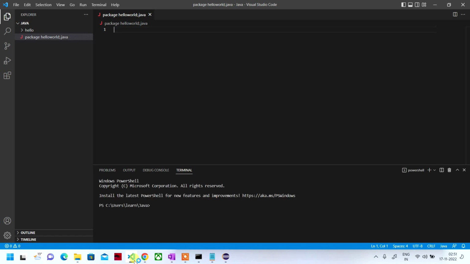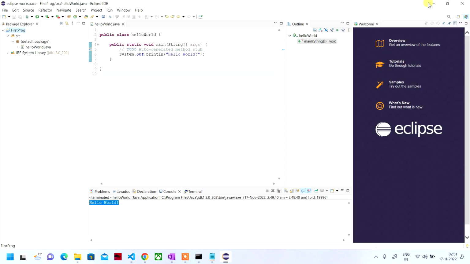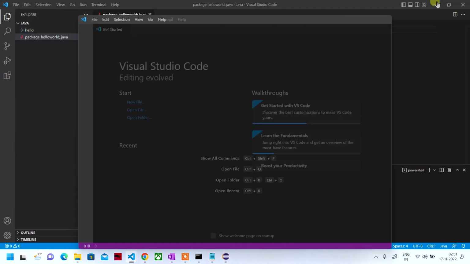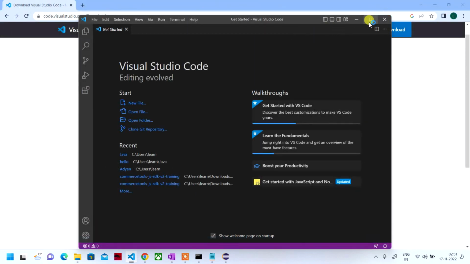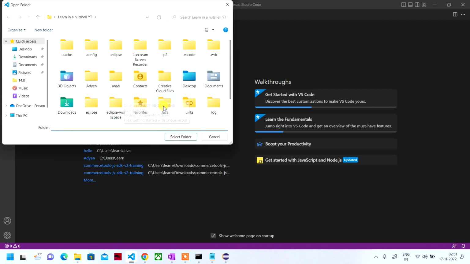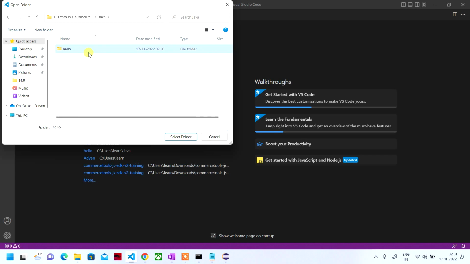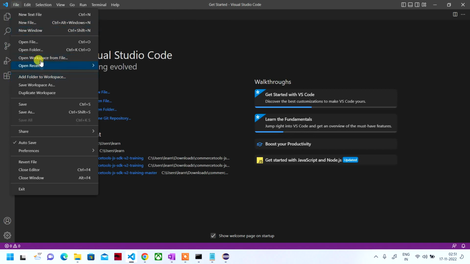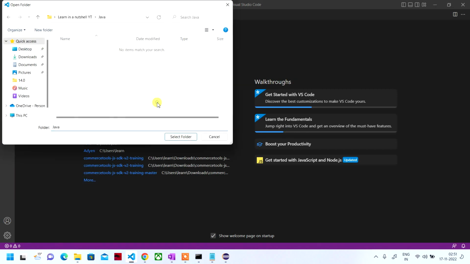Now let's see that. So I'll just copy this. Let me start freshly. New window. I'll just close this and click on open folder, and let me select, delete this and select this folder, but it says it does not exist. Okay, let's open the folder again and click on Java, select,